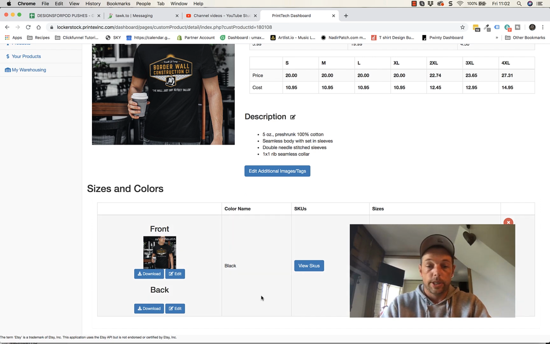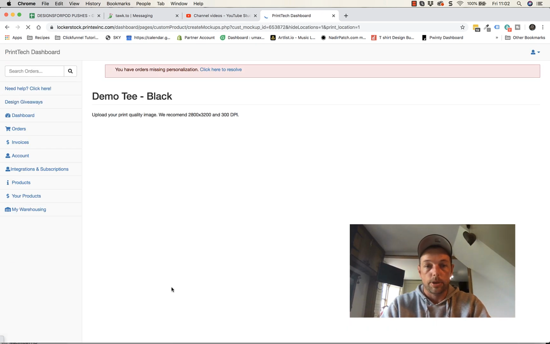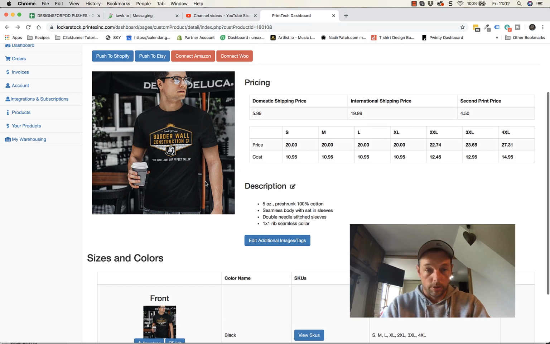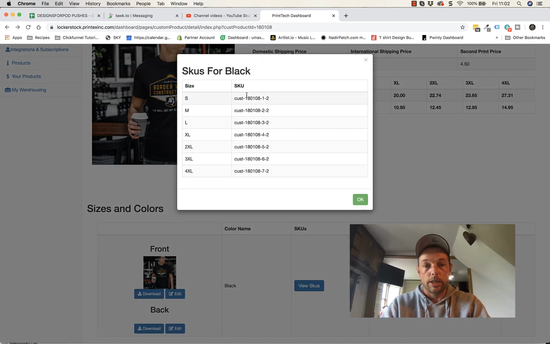So further down here you can download, or this edit button here is what takes you back in if you want to edit anything in there. Chances are once you've set it, you may want to flip out your main thumbnail there, but to be honest, if you're going to change it, you're probably quicker just changing it on the website at the other end. View SKUs here, this is where it generates all the SKU codes. So these codes are unique to your Lockerstock account,